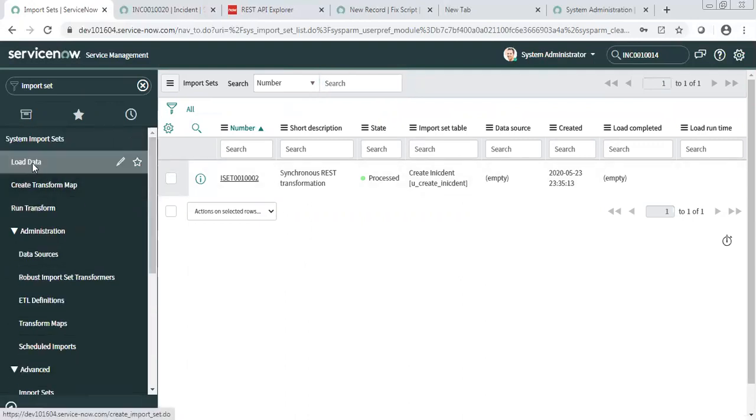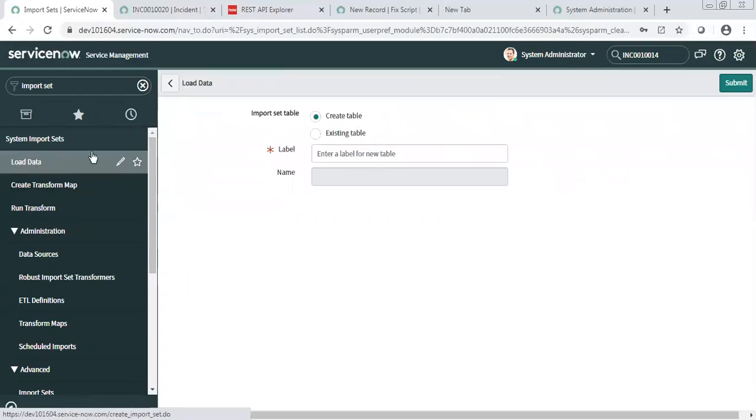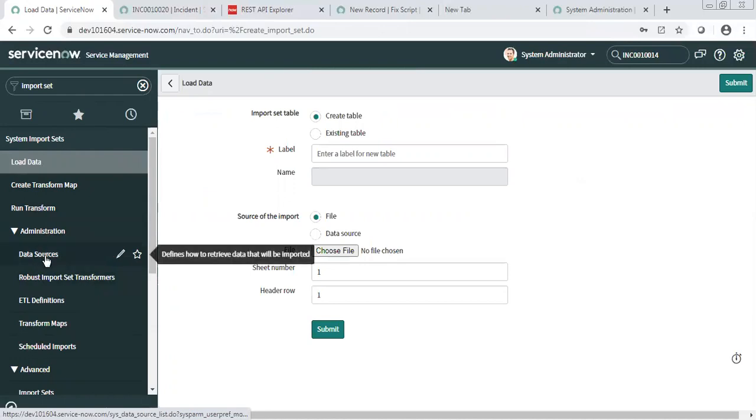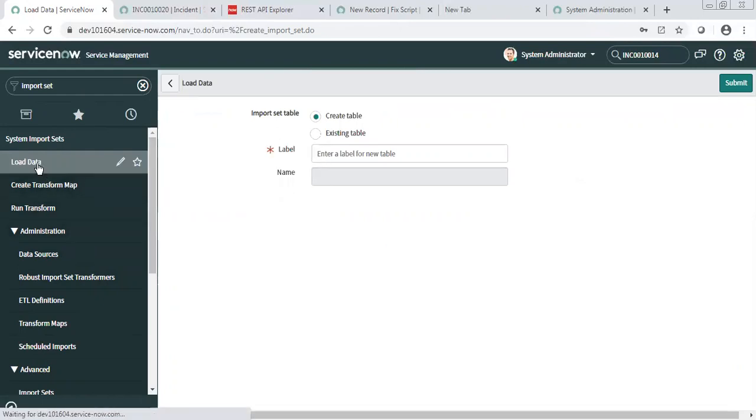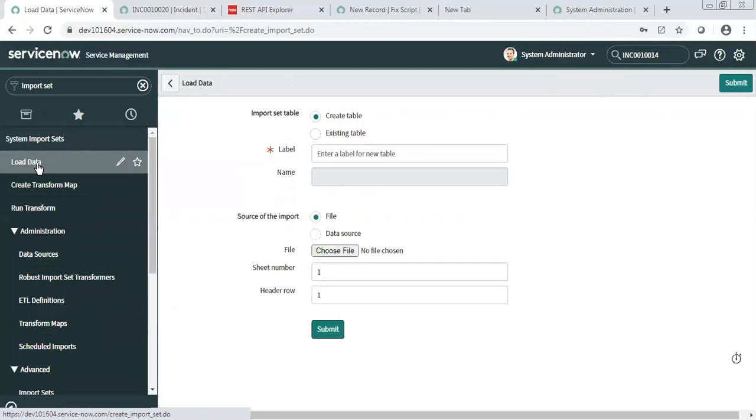In that, you need to click on load data, then you load the data into your table. I have not done that part, you may need to cover it later, so I am just giving you a brief overview. You load the data, then it comes to your import set table, and then you have to manually click transform.